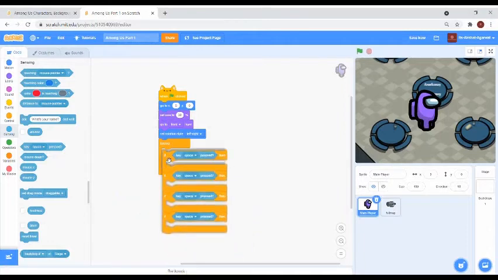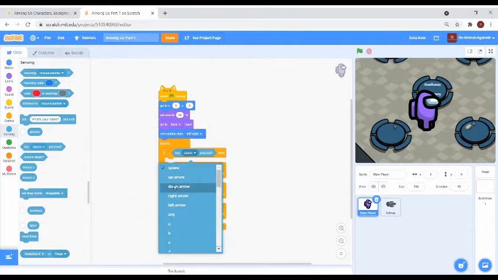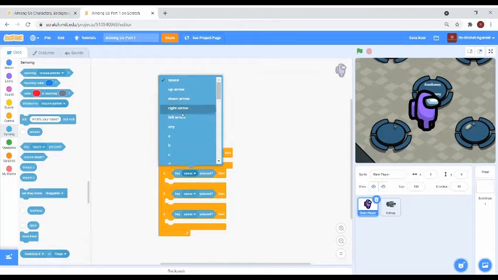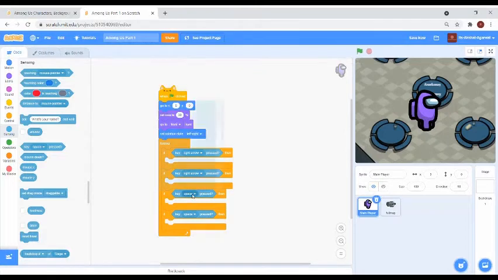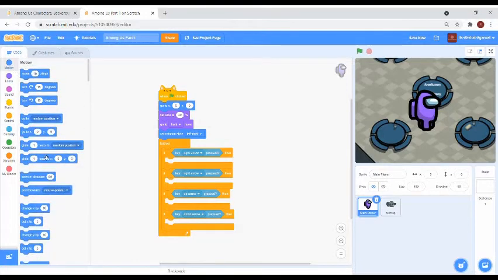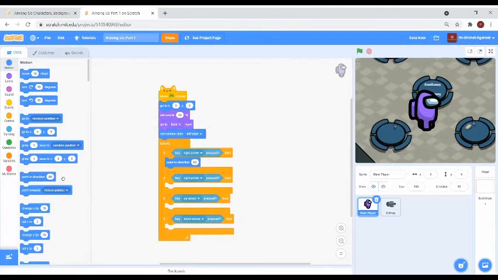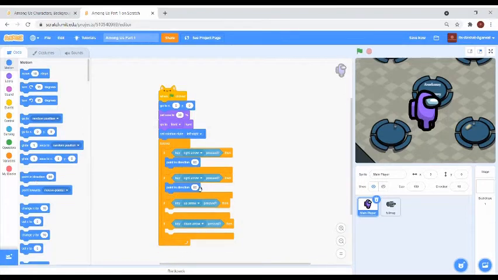Now we are going to put this in the forever block, and we are going to keep it right arrow, left arrow, up arrow and down arrow. And then we are going to motion and put point in direction 90 and point in direction minus 90.